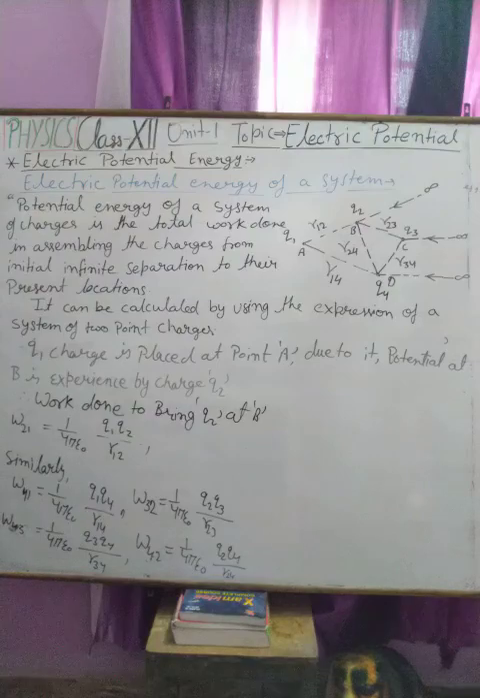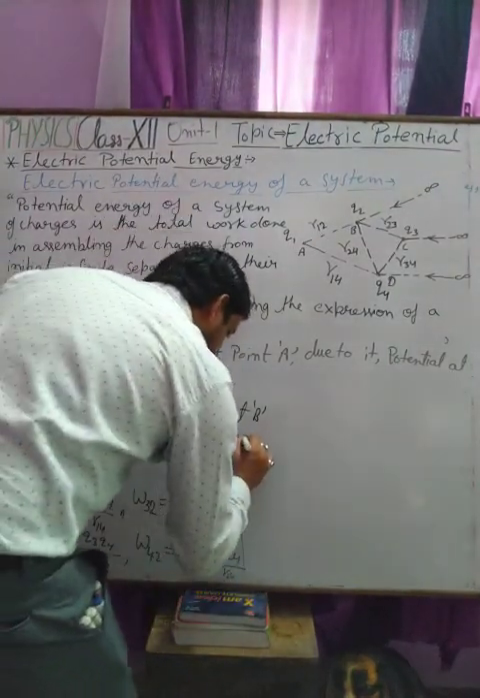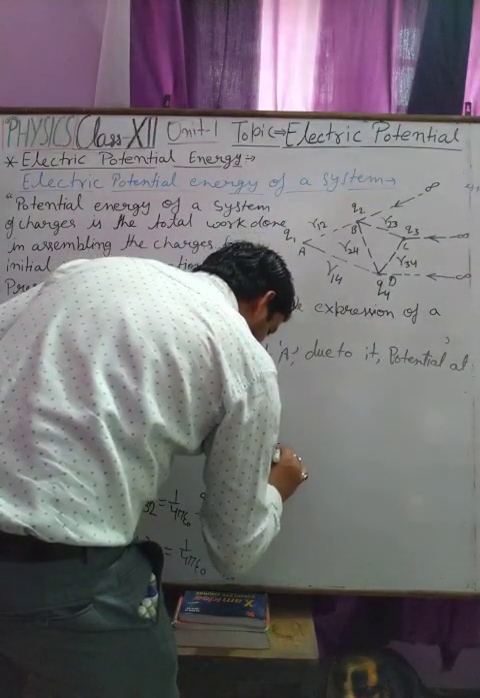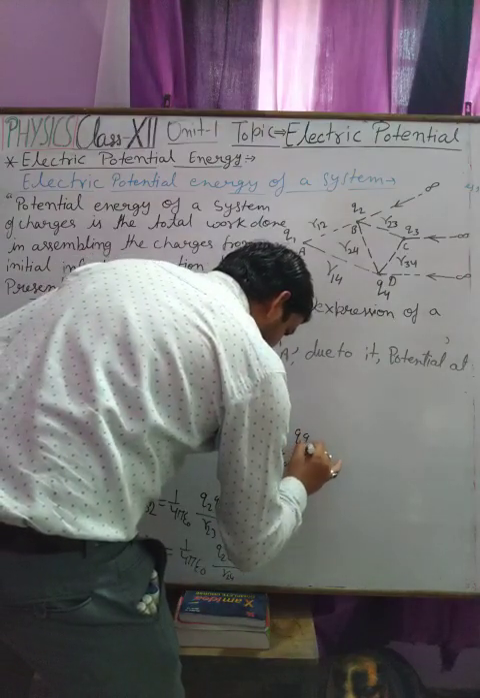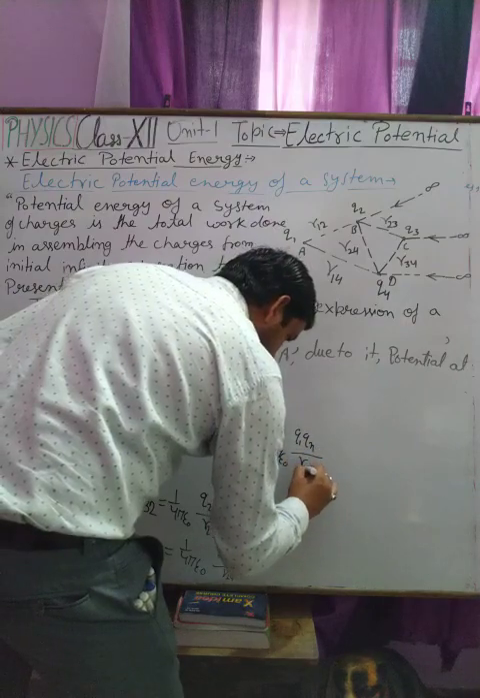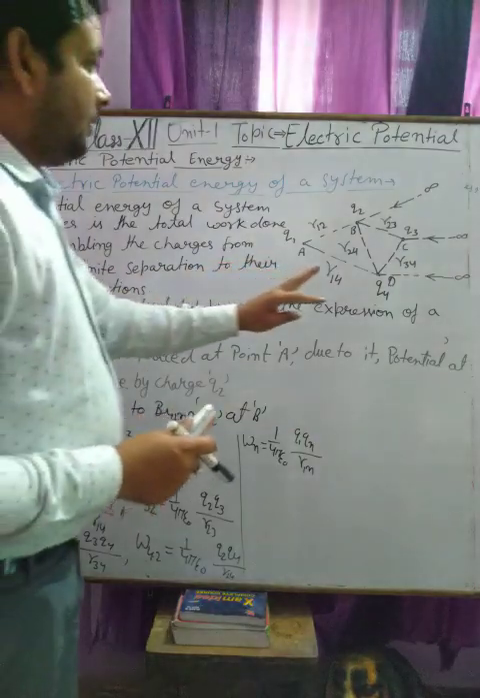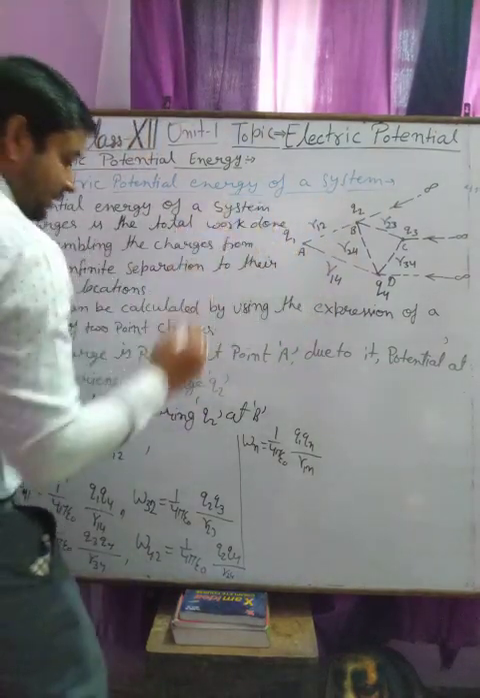Okay student, now if there are n charges, therefore Wn is equal to 1 upon 4 pi epsilon naught q1 qn upon r1n. These are the values of the work done to bring n charges to make this system. Therefore, the total work done to assemble the system